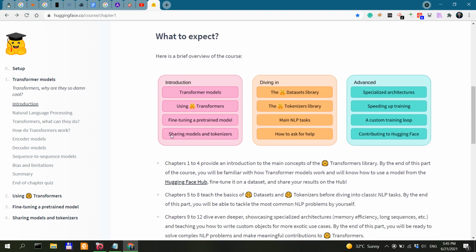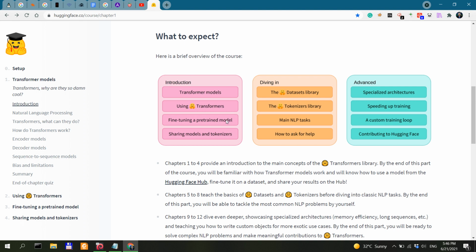I would say that this is very good for someone who has general knowledge of machine learning and of basic algorithms, because if you don't know anything about machine learning and you jump straight into a natural language processing course, you won't probably be understanding anything. So you should probably have some good basic knowledge of machine learning.